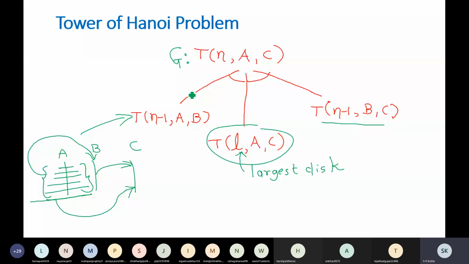So OR nodes represent a choice between possible decompositions, and what does an AND node represent? An AND node represents a given decomposition. So this is one important piece of background knowledge we should have to understand the AO star search algorithm.